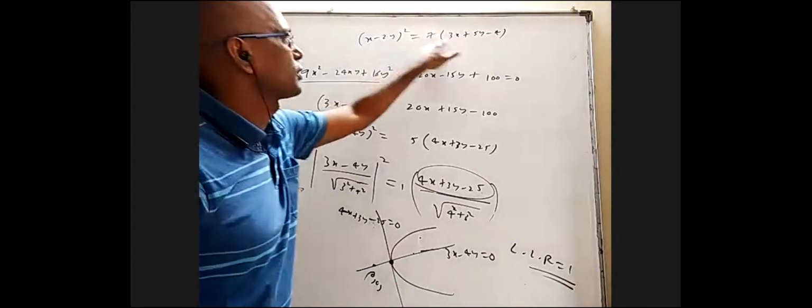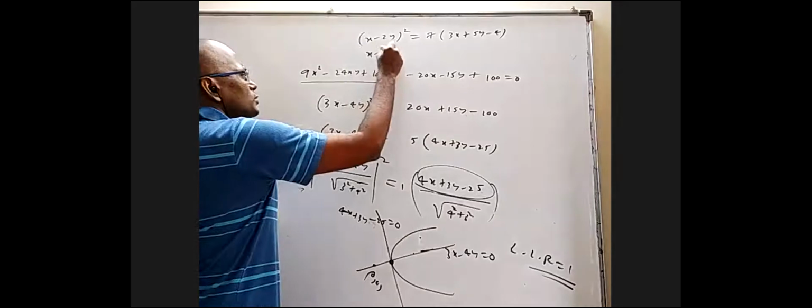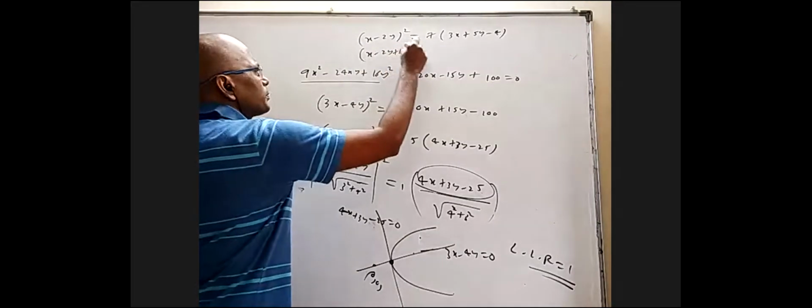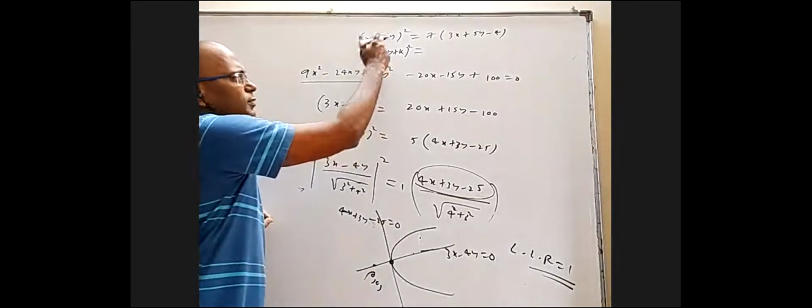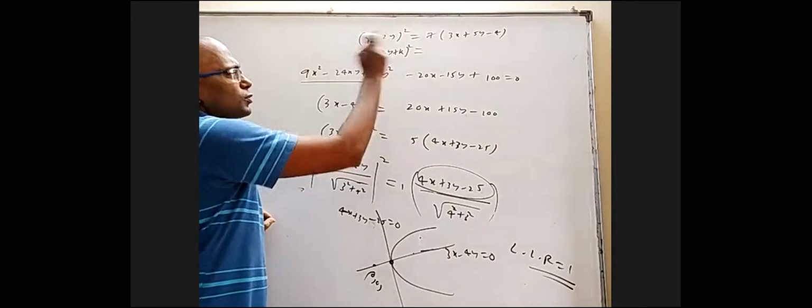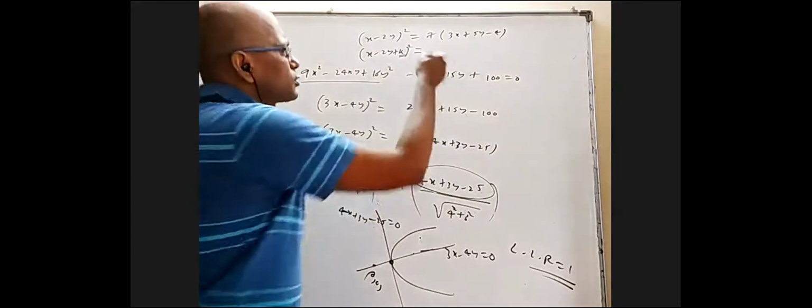But here you should have 2x plus y, we don't have. So what to do? You write (x minus 2y plus k) whole square. But by adding k here, when you expand this, you have only 3 terms, and here when you expand, you have 6 terms. So you added 3 terms. Just for adding this k, you added actually 3 terms in LHS, which you have to add in RHS.